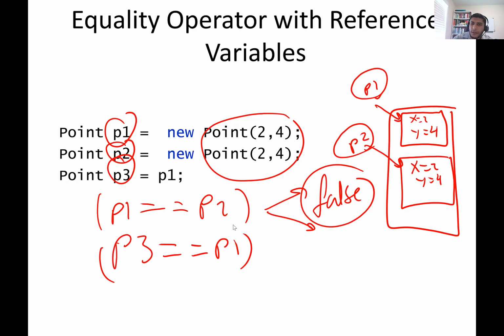True. Perfect. And the reason for this is B3. By writing this statement, we are making B1 and B3 point to the same place in memory, which means if you check, both will have the same address. Correct. So guys, you get the rule, which is that checking equality or inequality here is more about